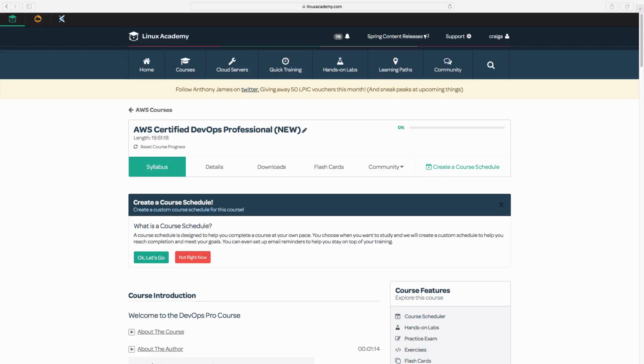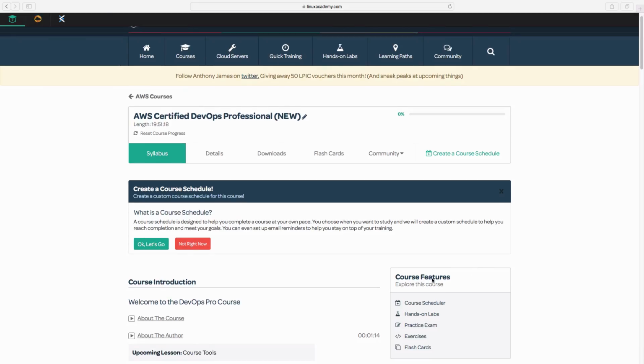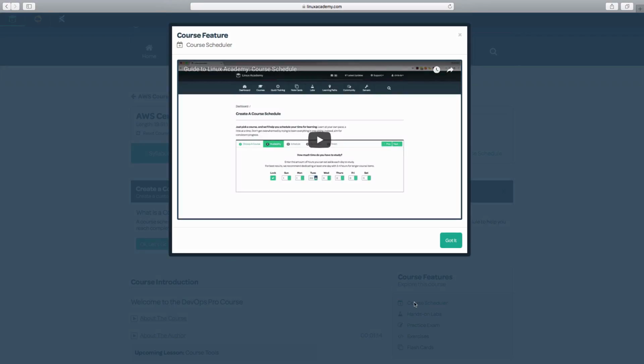All right, before we get too far along in the course, I want to introduce you to all the tools at your disposal as you work throughout the course. And these tools are common to all of our courses. You can view the course features in this box to the right, and many of the course features are available on this top toolbar. Now, for each course feature, if you click on it, you'll get a little instructional video